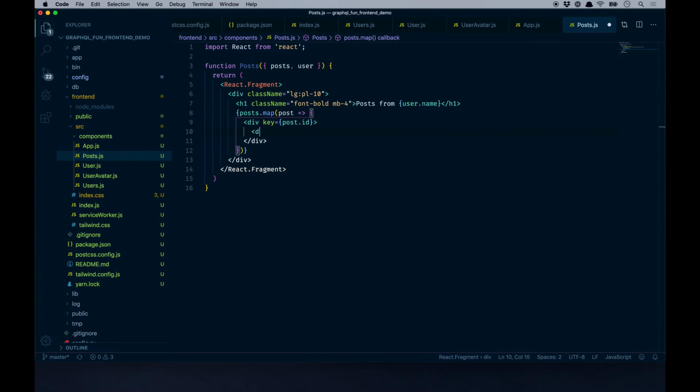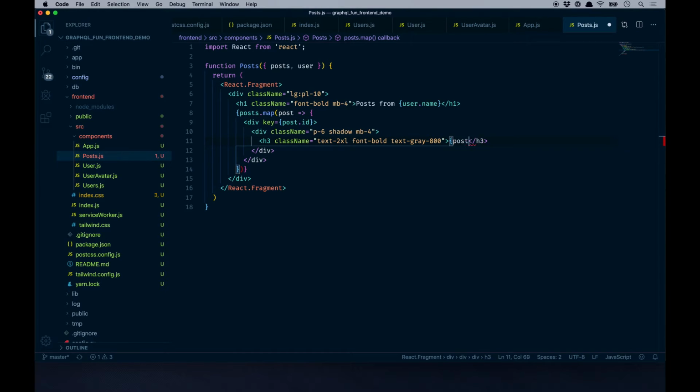And then within that, className was P6 shadow, margin bottom 4, and H3 className equals text XL, font bold, text gray 800. And then finally post.title. Now we finally need to export